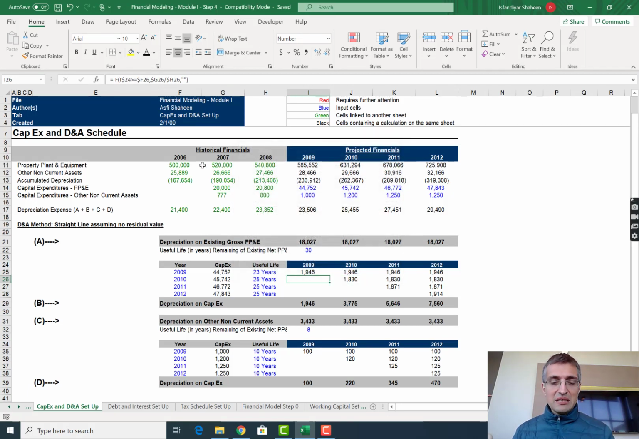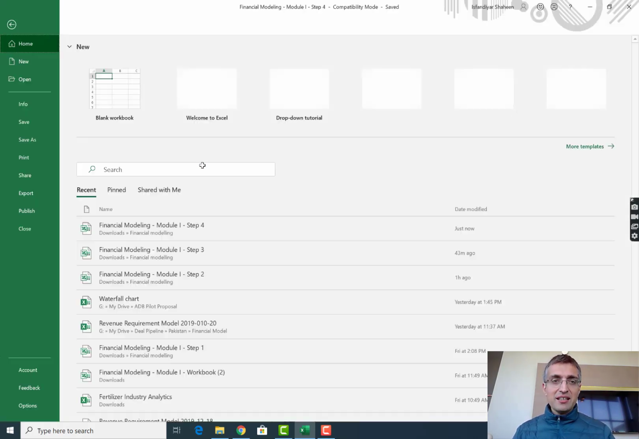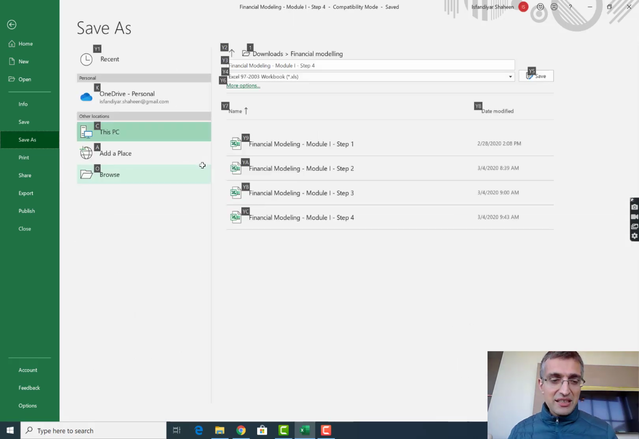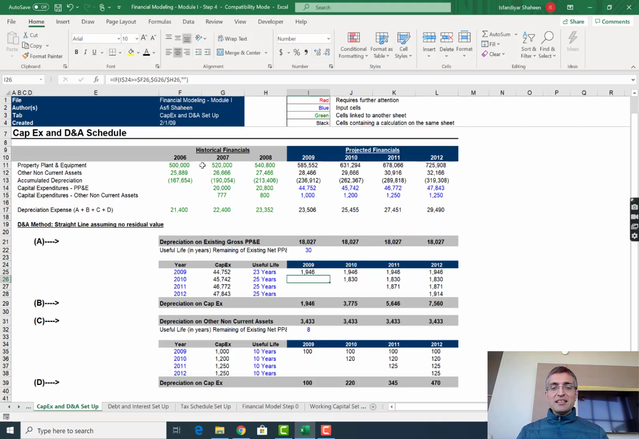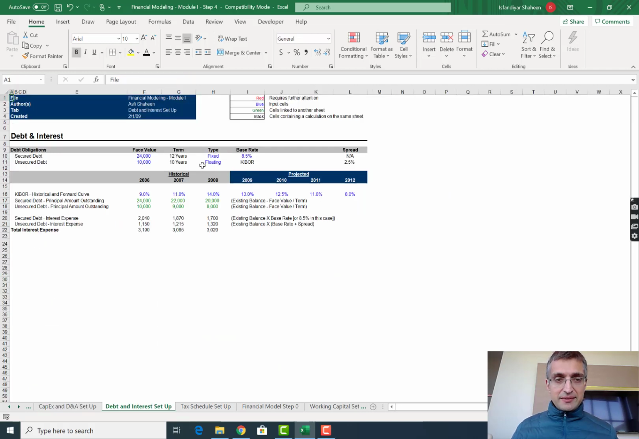Just again, more keyboard shortcuts. Alt F8 gets you to the save screen. The number 1 will get you to the folder where you want to save these. Okay, so with that, let's move to debt and interest, and we're going to have some more repetition with anchoring